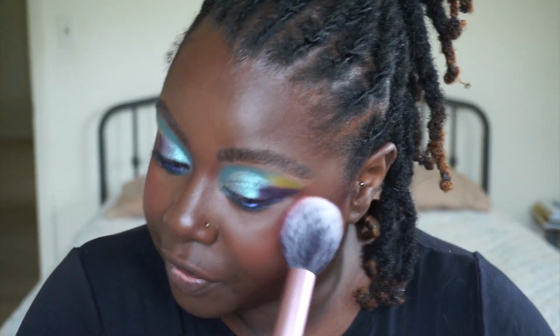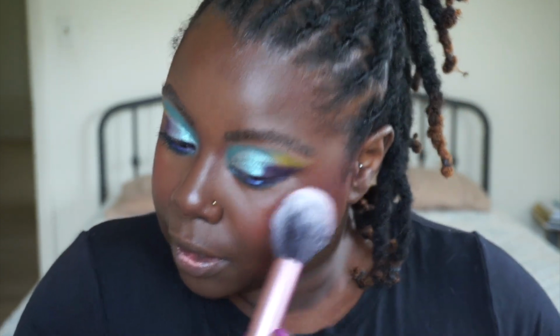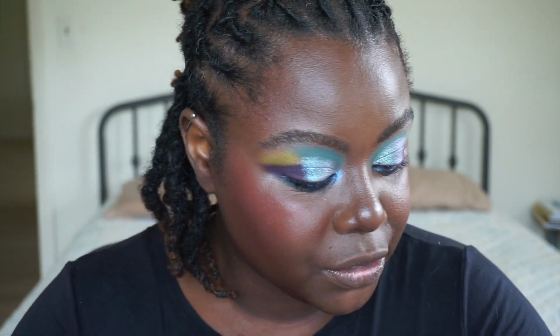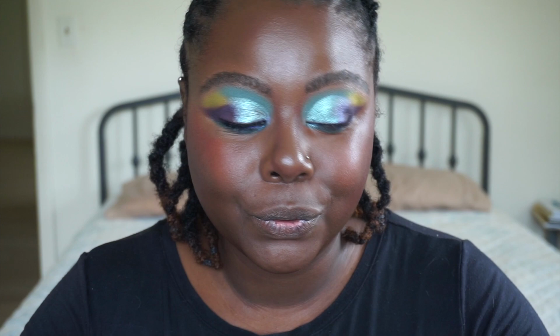You guys, I love blush so much. You have no idea. Makes me so happy. Okay, that's enough because we already had some, you know, we don't want to look too cray-cray. All right, so now we have to pick which highlighter we're going to use, which is hard because there